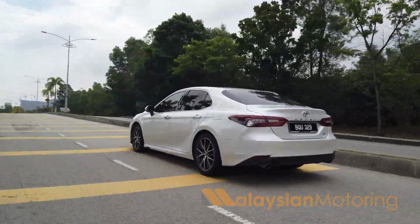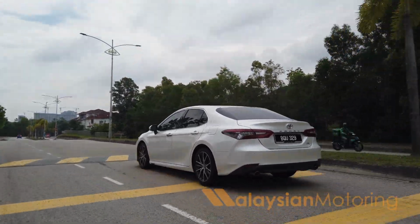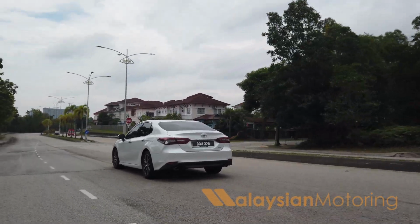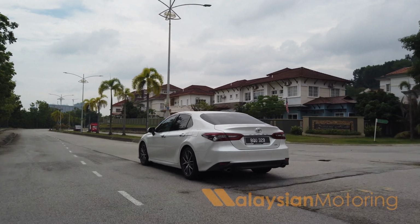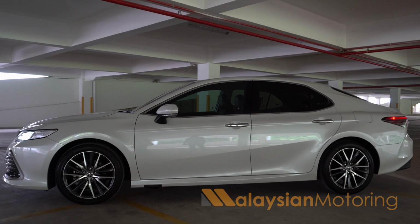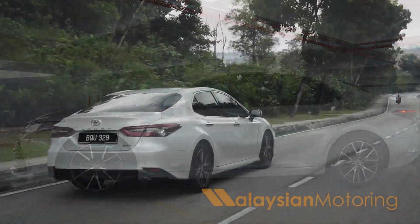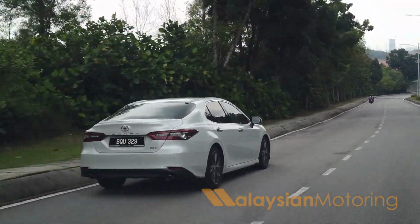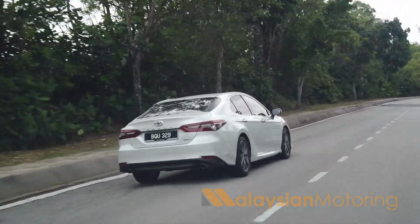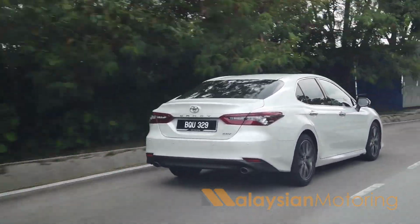It's always been something that it held very highly, especially against vehicles like the Honda Accord. And to that end, this new Camry is much the same. In fact, even compared to more sophisticated competitors, such as the Volkswagen Passat, this car is a lot more quiet. There is a lot less road noise from the Bridgestone Turanza tires, and there is a lot less wind noise as well. I'm not quite sure what it is that Toyota does to its cars to get it quite this way, but the sum of its parts is certainly something worth noting, because this car is amazingly quiet and amazingly